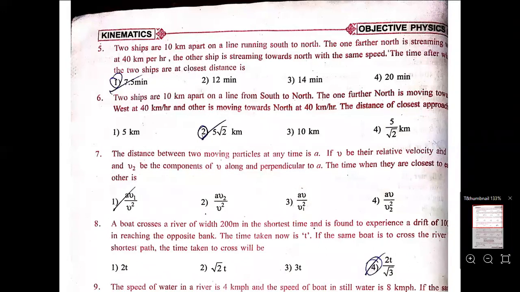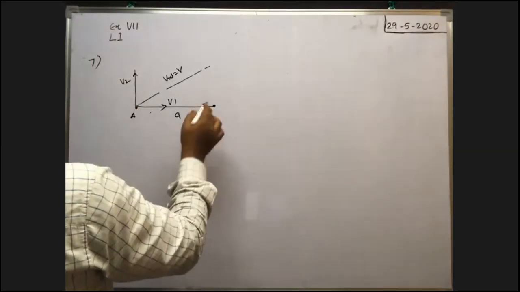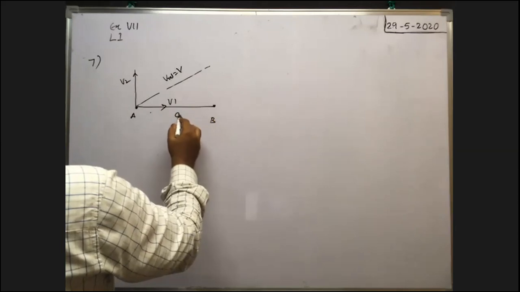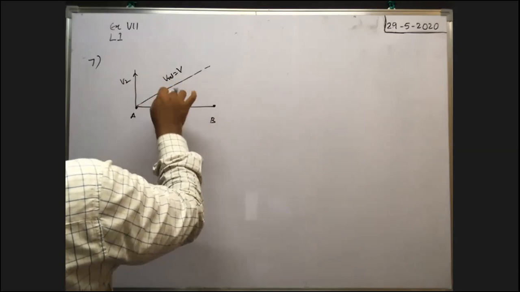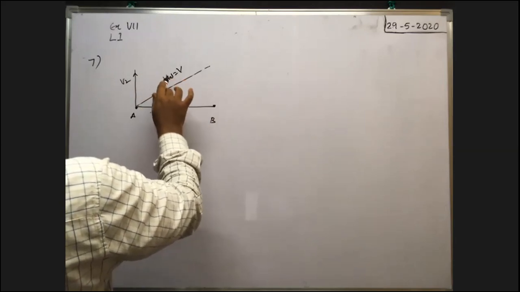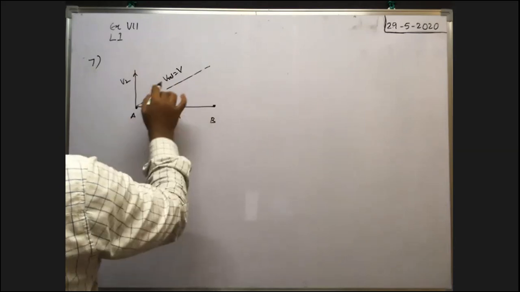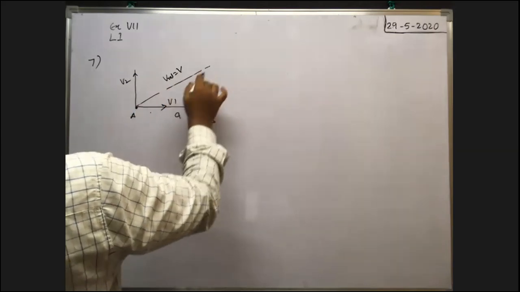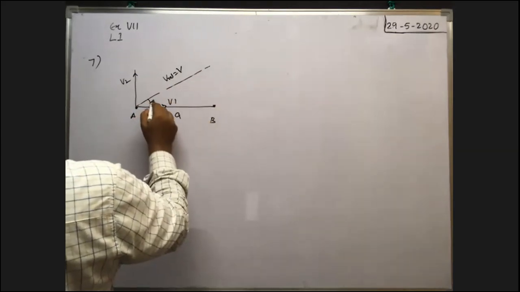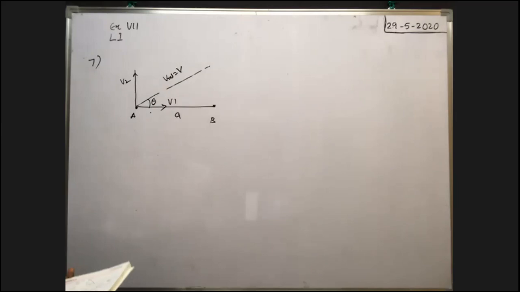Okay, have you seen the question? Now look at the board, all of you. The distance between the two bodies at any time is a, that is given. If v is the relative velocity of these two bodies, the component of relative velocity along the direction of a is v1, and perpendicular to the direction of a is v2. Suppose the angle made by this relative velocity with a is theta. As it is the relative velocity, what is the closest approach they asked?